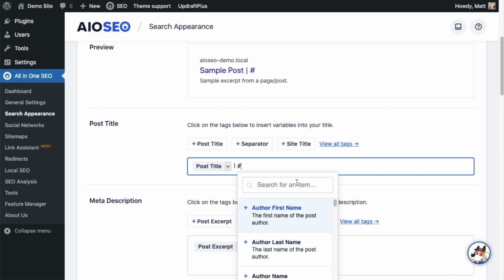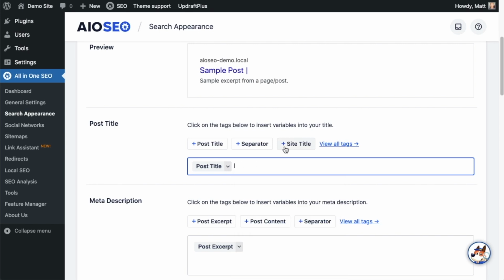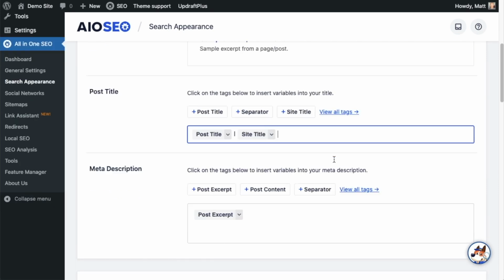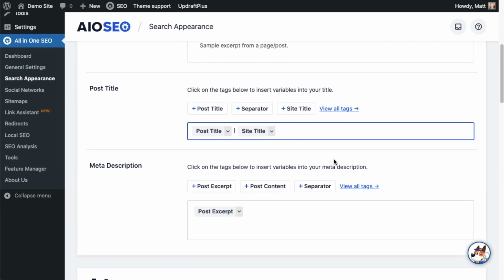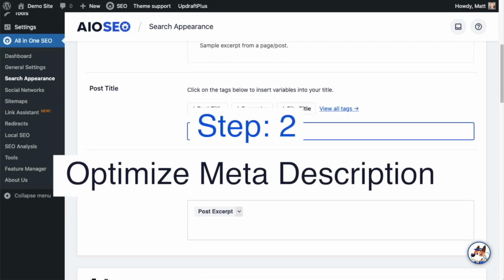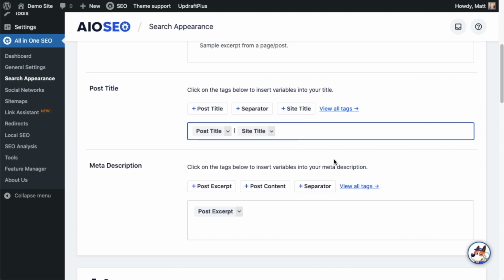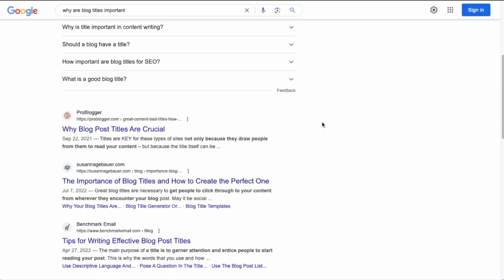So for the title of this page, I'm going to leave it as it was, as the post title and the site title with a separator in between them. The second step to improving your SEO is to optimize your meta description. The meta description is the second thing that people will see in your Google listing and is almost as important